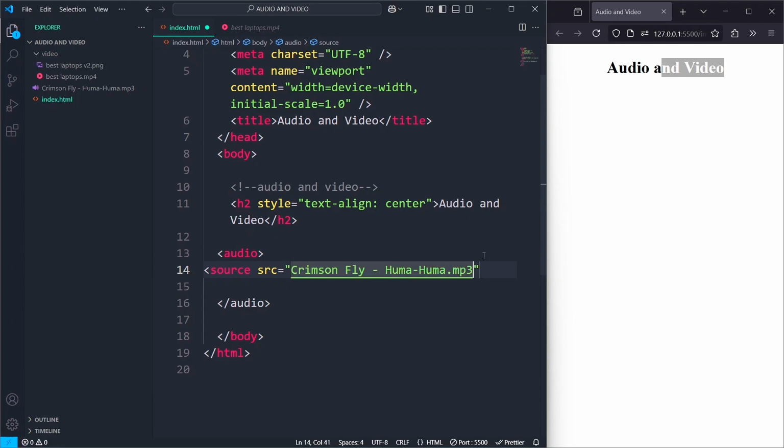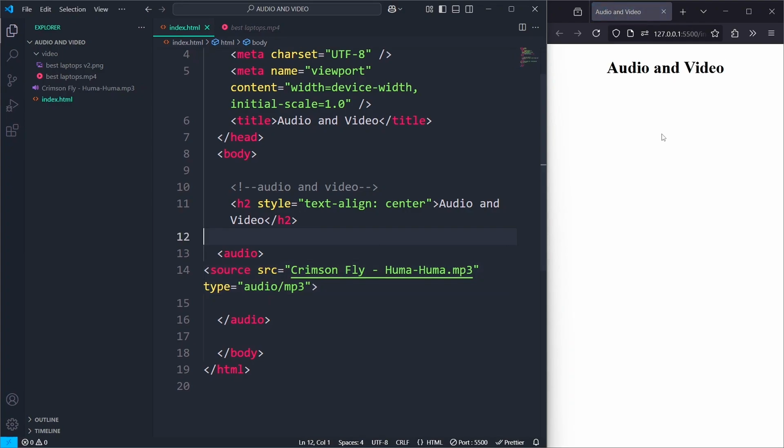The next thing you need to supply is the type. And the type is basically made out of audio and then the format or the extension of the file you provided. So for mine, it's going to be audio/mp3 because my file here is an mp3 file. So when I save this, you will see that nothing is rendered on my page here. And that's because I need to provide